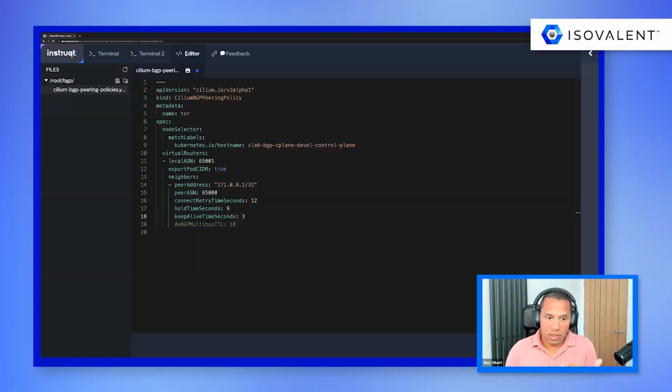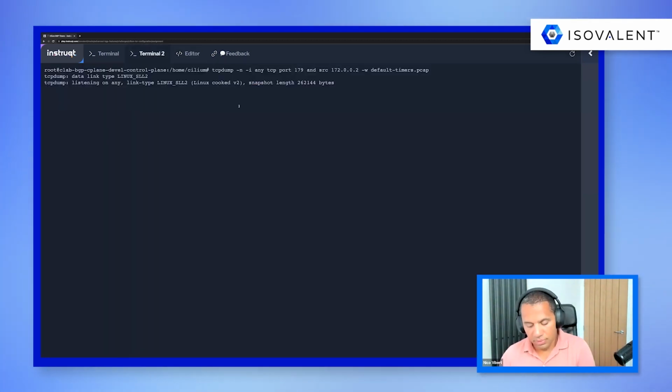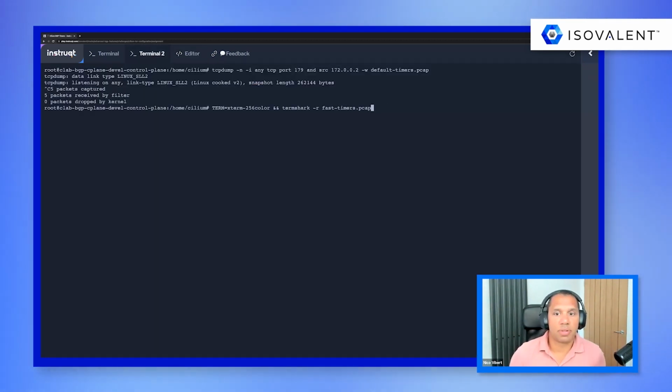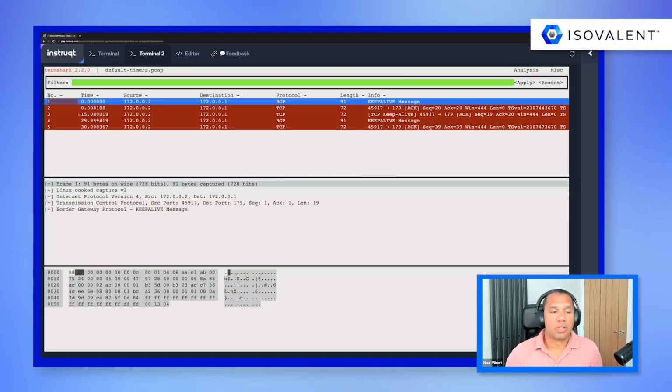Then what we'll do is we'll save these peering policies, we'll apply the peering policy, and we'll show that the keep alives are now being sent every 3 seconds instead. So let's stop this packet capture and let's use Termshark to visualize our keep alive.